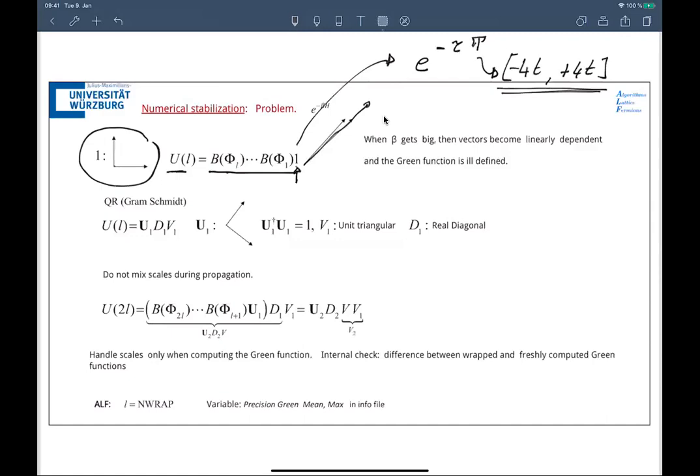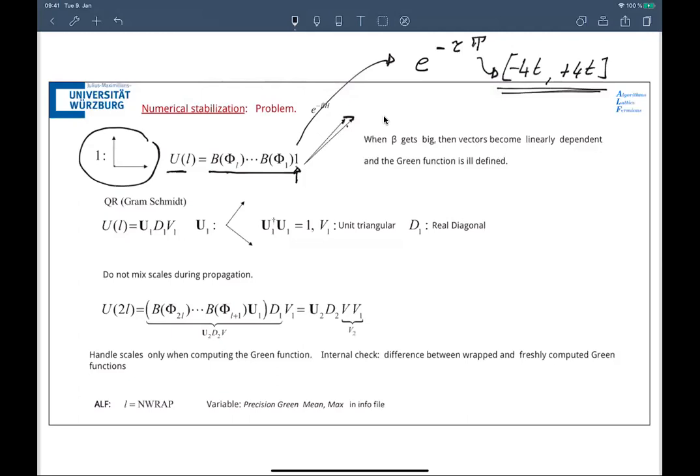The important information when I would like to invert a matrix is actually the difference between these two vectors, and this will fall into noise. If you propagate too much, you will not be numerically able to distinguish whether these two vectors are identical or not. If these two vectors have a norm of 10 to the 20, and the difference is in a certain sense only 1, then I will not pick up this 1. So what do we have to do?